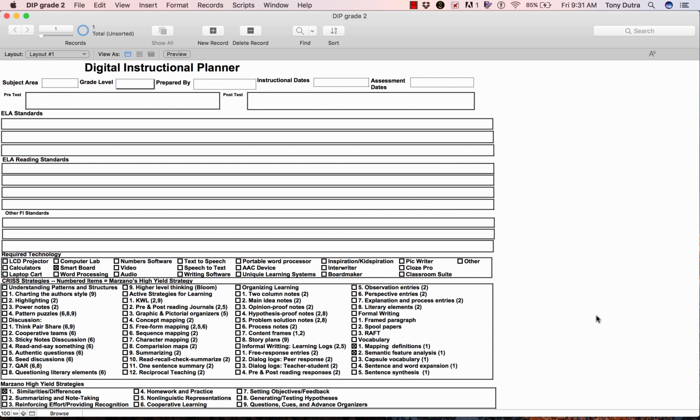In this video, you will learn how to use the Digital Instructional Planner, also known as the DIP. When starting to use the DIP, you'll notice that there are several fill-in-the-blank boxes, drop-down boxes, and check boxes. When creating a lesson plan, it is not necessary for you to use all the sections that are comprised within